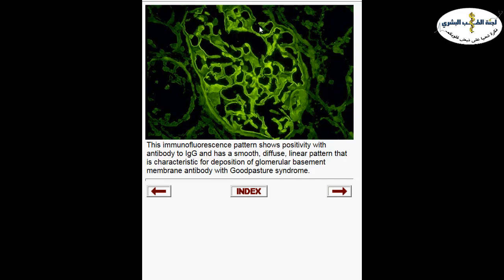It's a membranous positivity. The second thing, is it of a granular or linear type? Linear. It is linear. So it's different from what we have seen from the granular positivity. It's linear, continuous positivity of the same intensity. And this is what we see in Goodpasture syndrome. So this is actually diagnostic of Goodpasture syndrome, this linear positivity along the basement membrane because of the presence of anti-GBM antibody, anti-glomerular basement membrane antibody, in Goodpasture patients.